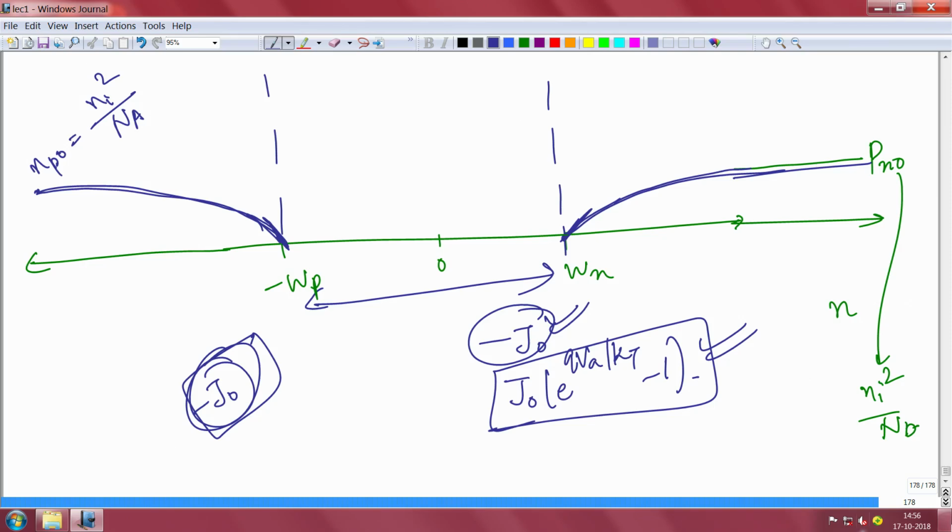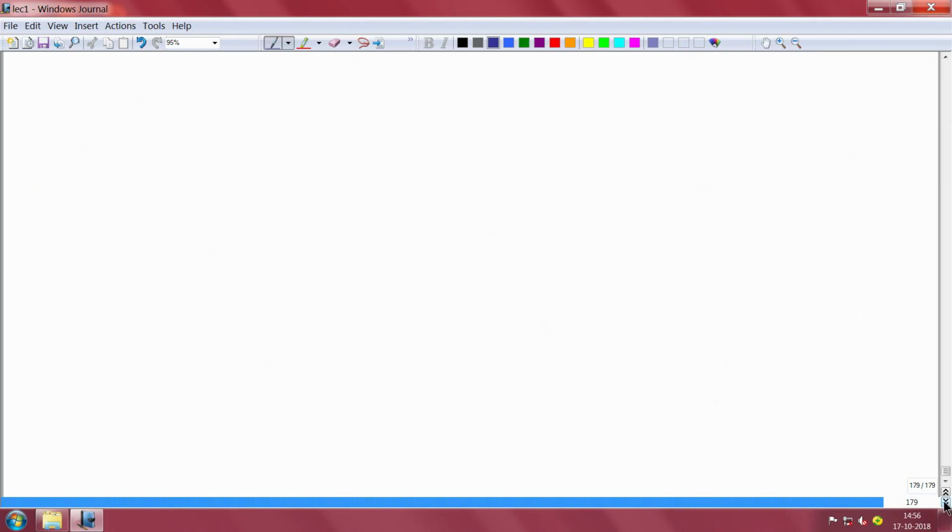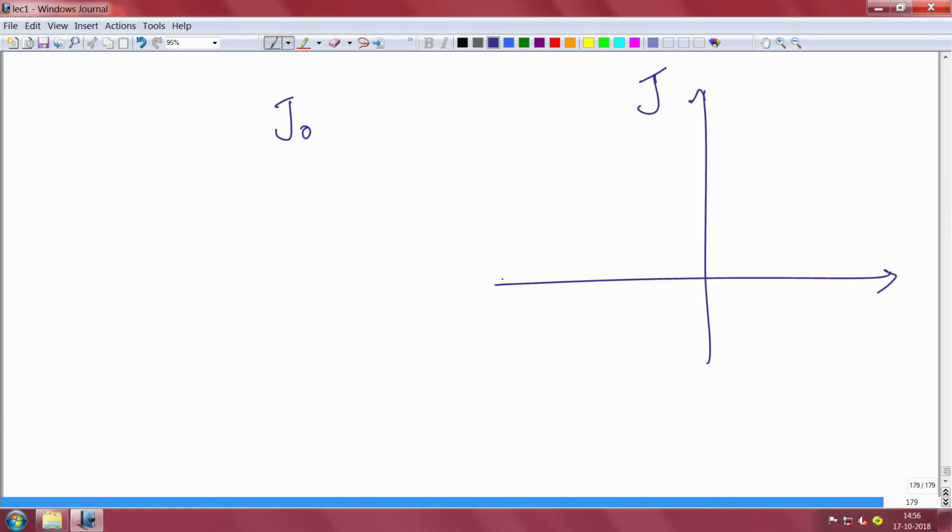So, this is a PN junction that can behave as a rectifier, and there are many things actually. If you look at this J naught, this reverse saturation current, it manifests something like this, right. I told you this is J, this is the voltage that you are applying. So, on the forward bias junction, of course, you will get a curve like this. On the reverse bias side, it will get very low current like that. So, this is your minus J naught. Very small current actually.